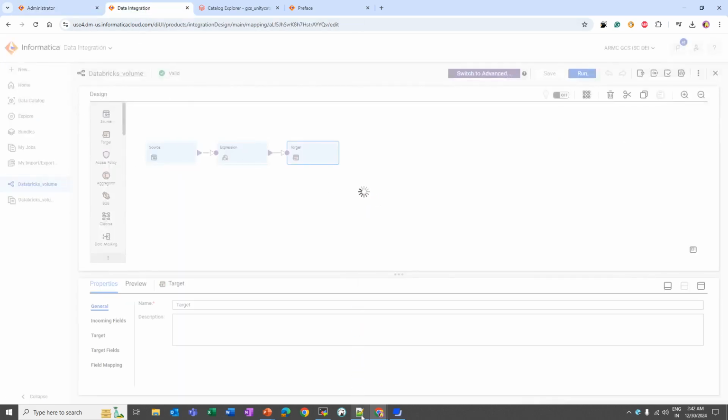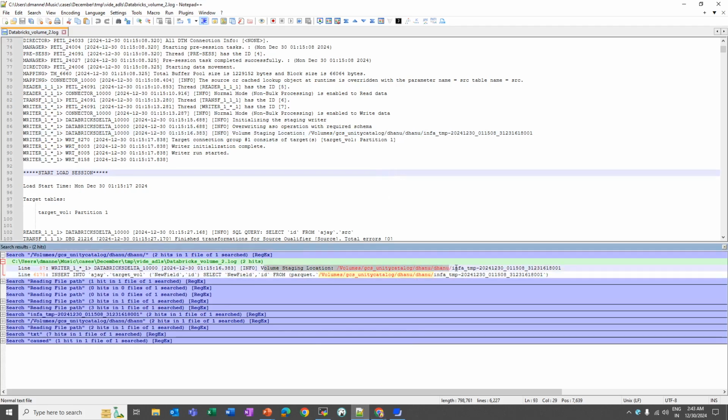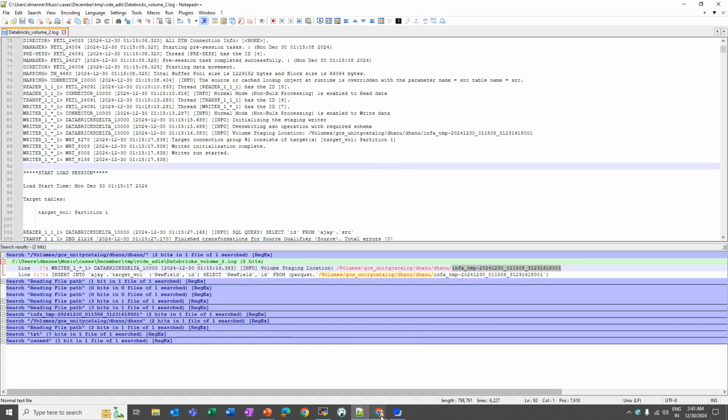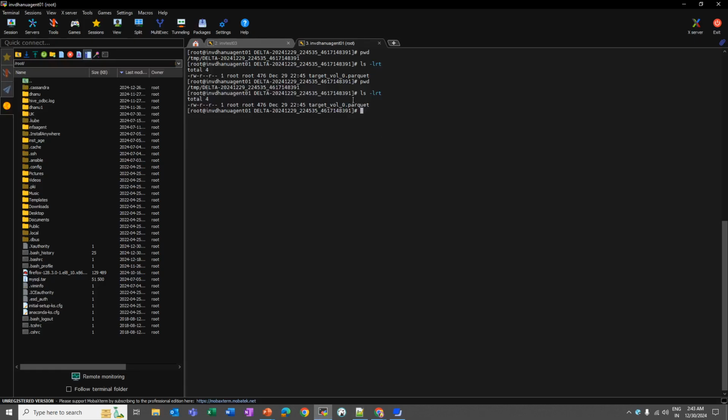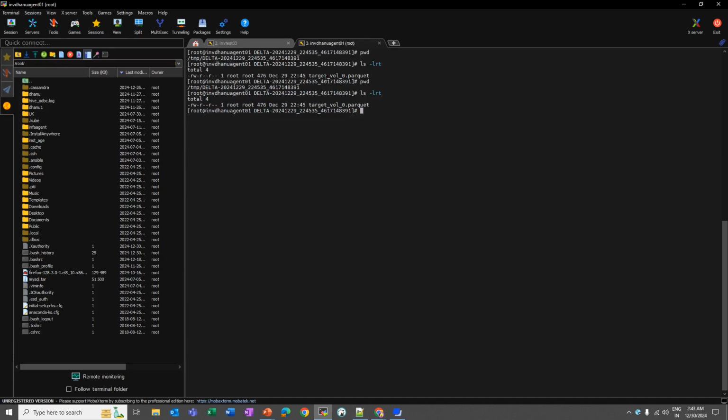And I have already created a mapping and I have successfully run it. Let me show you in the log how it appears. My volume staging location is this one, and inside that it has created a temporary folder, and inside that it will create a file. I have an unsuccessful run as well, so I have the staging file not deleted. Here you can see this is in the agent machine where it has stored in /temp and it will create a name, and inside that we'll have the file. Target vol is my